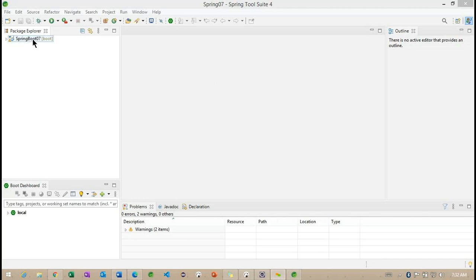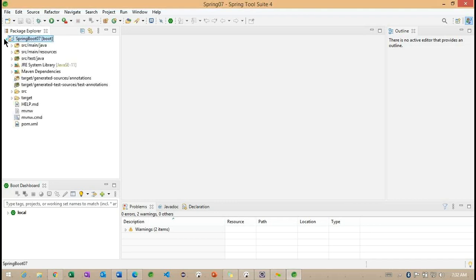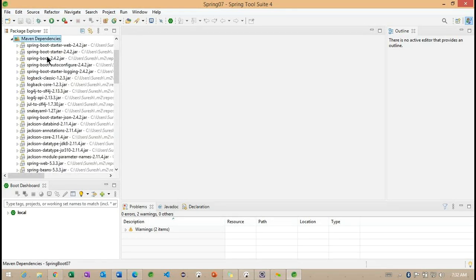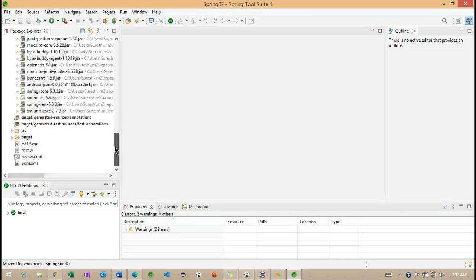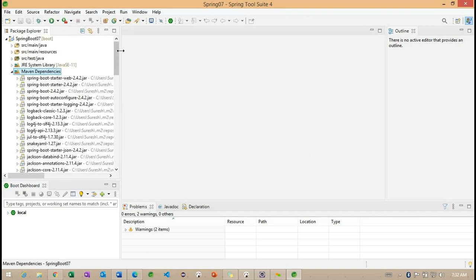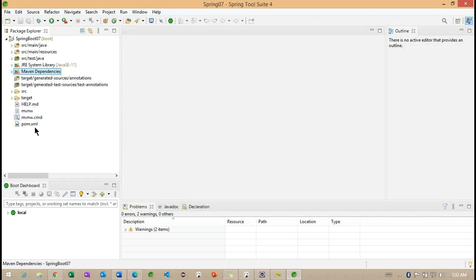Okay, now it is imported. So we can check here internally. It is going to specify some project structure here. Here the resource related information we can specify, and this is the business related classes, whatever classes we are going to specify here. Then Maven dependencies. So we can check here what dependencies are added. What we added here is only the simple starter. Based on the one starter, these many dependencies are downloaded. How are these many dependencies downloaded?